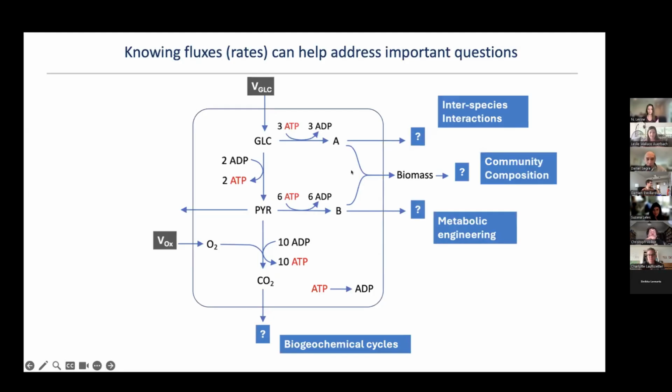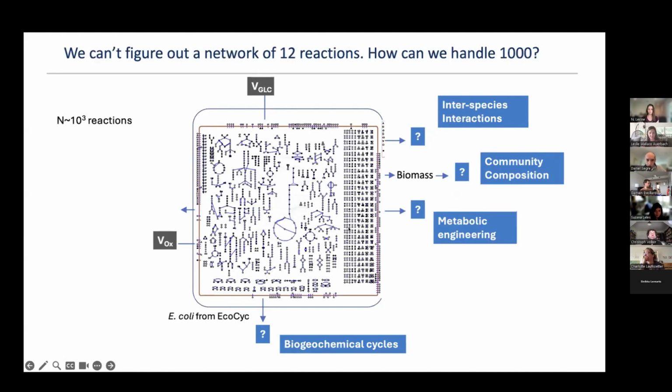And we and cells care about the rates of metabolic reactions, of course, for understanding biogeochemical cycles. The secretion of specific compounds can mediate interaction between organisms. By knowing the rate at which biomass of different organisms is produced, we can estimate community composition, and so on. So, if we don't know how to estimate rates for a simple model like this one, how are we going to do it for real cells, which have of the order of 10 to the 3, about 1,000 reactions? And that's where this idea of stoichiometric modeling comes in, as you heard from Suzana.